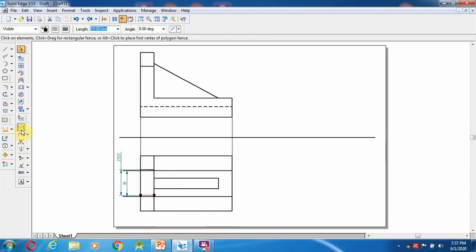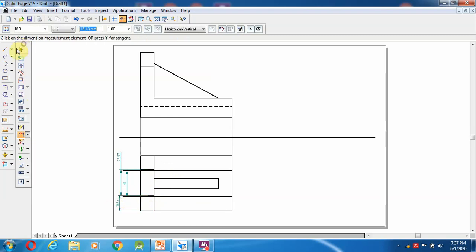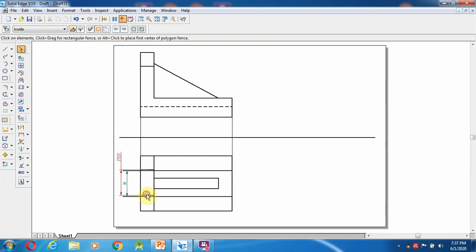From here to here, what is the distance? That is 16 mm. So delete. This line I'm going to delete. First I'm going to make it as a 16 mm line, 16, enter.